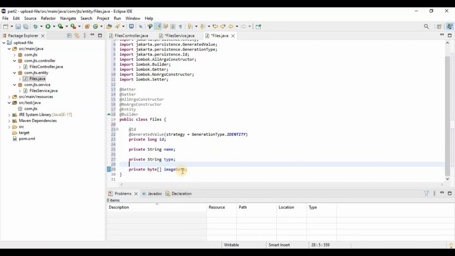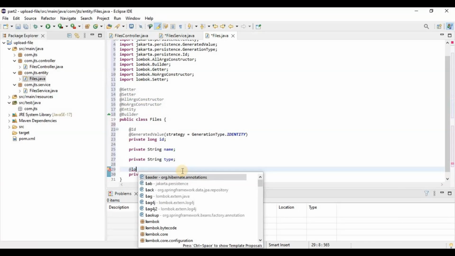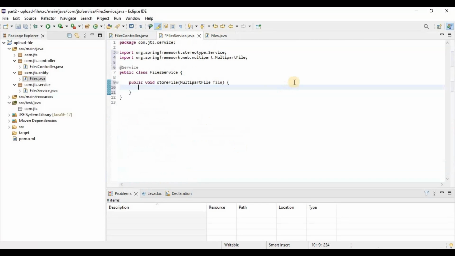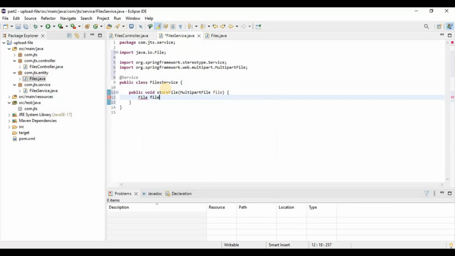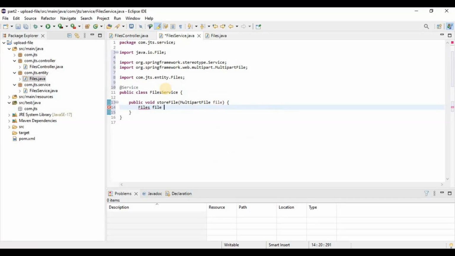What is the type of this one? It will be a lob, right? It will be a lob file, so we need to annotate it with lob. So this is done now. Now we are going to write something over here. We need to prepare the image data, right? We need to prepare the file actually. Files equal to